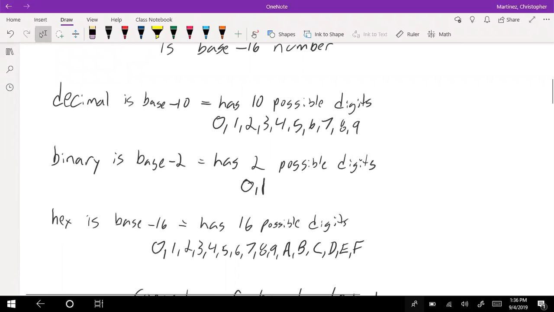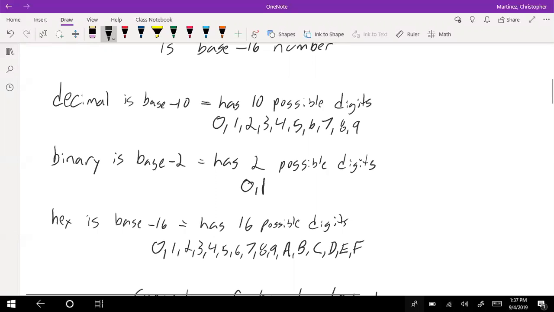So decimal, or base 10, are the numbers we use in everyday life. There are 10 possible digits. We have 0, 1, 2, 3, 4, 5, 6, 7, 8, and 9. So those are all the digits that we use. Let's say we're starting off at the 0 spot. As soon as we get to 9, we want to roll over. We roll all the way back to a 0, and then we will get a 1 on the next available